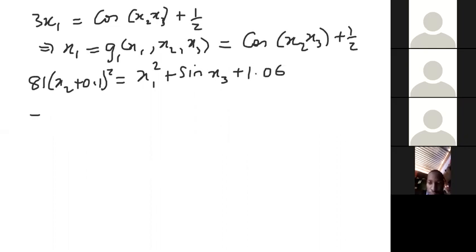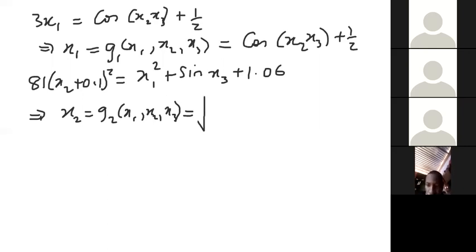So that from this equation, I can make x2, which will be g2 x1 x2 x3. And this will be equal to what? Making x2 the subject of the formula here, I'm going to have a square root of,